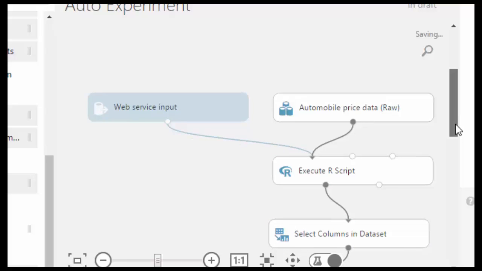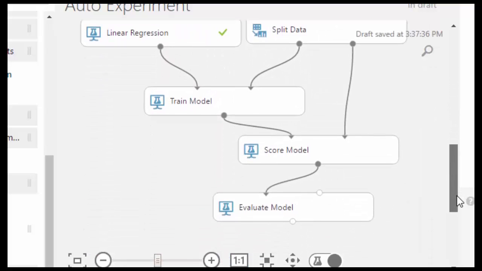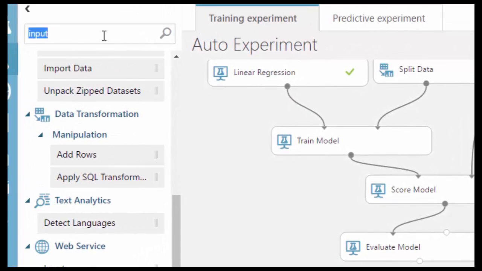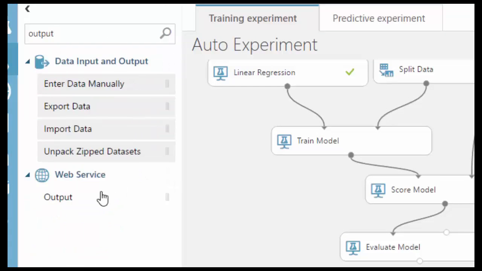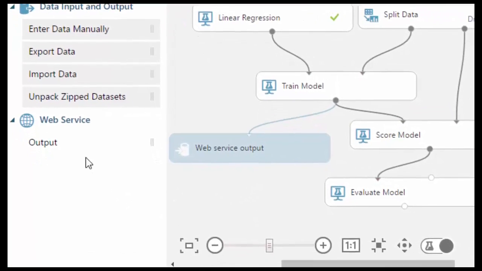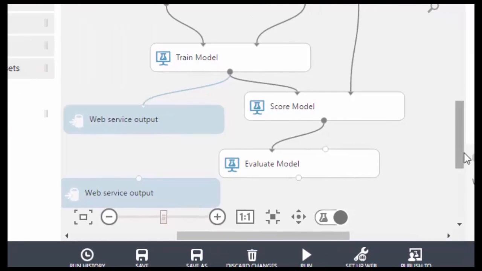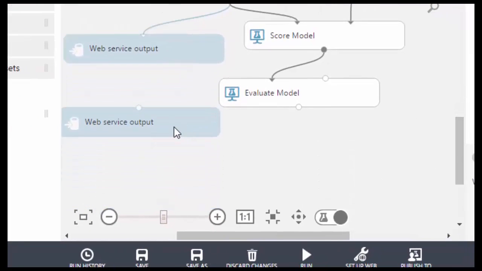We will then search for the web output module, and we will add two web service output modules to this experiment. And the reason why we're doing that is the first one we're going to connect to the train model module. This web service output will then contain the iLearner file, and this is what we'll use to patch into